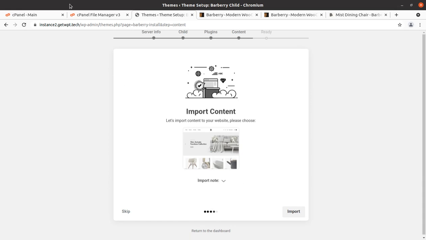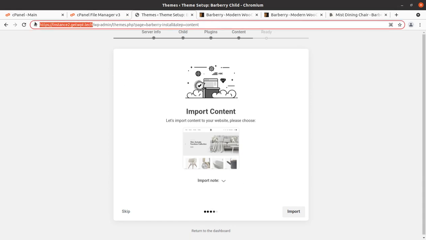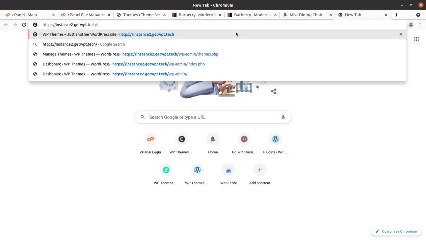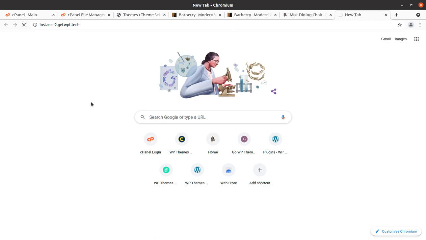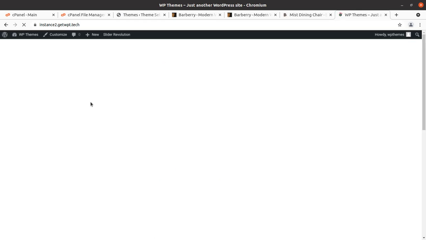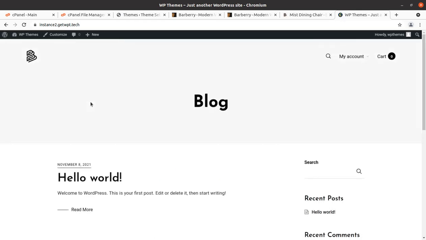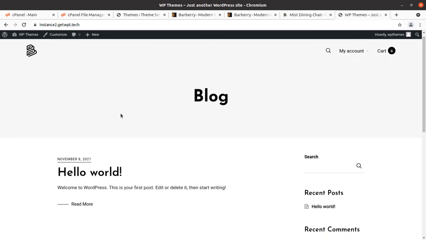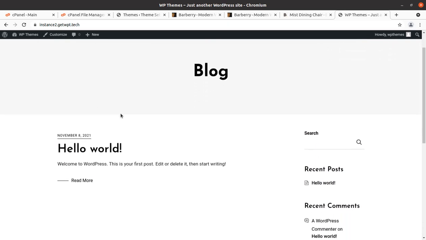Meanwhile, we can take a look at our website, how it looks with the plugins and the set theme, so that we may understand the basic look of the Barberry WordPress theme. And if you are planning to make your website without any demo content, that means if you want to use your own blocks and design wireframes, you can start building your website from here.